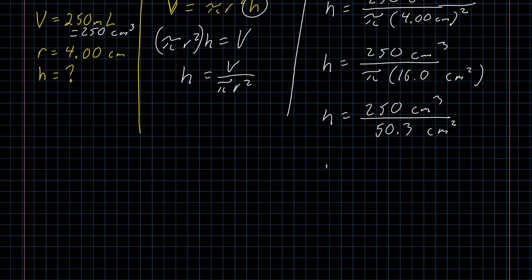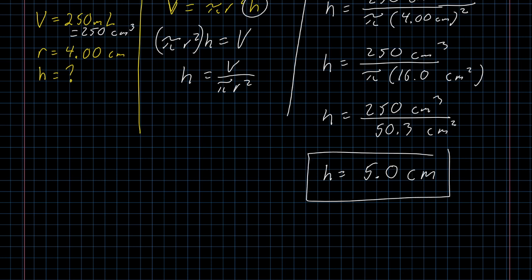One last step. I want to take 250 and divide by 50.3. When I do that, I get 4.97. Although I guess 250 up here only has 2 significant digits, so I'll round based on that, and this would round up to 5.0. Then I have cubic centimeters divided by square centimeters. 2 of the factors of centimeters cancel out, leaving me with just 1 factor of centimeters, which is in the numerator, and the measurement I get here is 5.0 centimeters,